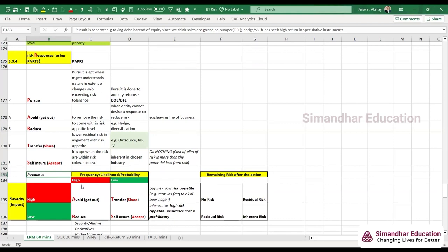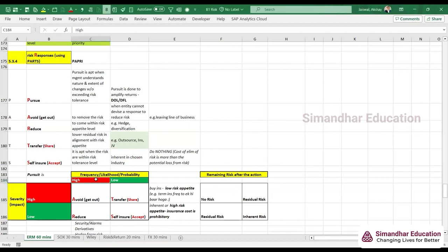Now frequency is high. That means either we are going to avoid or we are going to reduce based on the impact. Now what do you think? Impact of a flood will be high or low? H or L? Impact of a flood will be high or low? The damage by the flood will be high or low? Low due to sharing. When did I say that we are sharing, Manju? When did I say that we are sharing the risk? So the impact will be high or low if the flooding is occurring commonly. Okay, so the impact will be high.